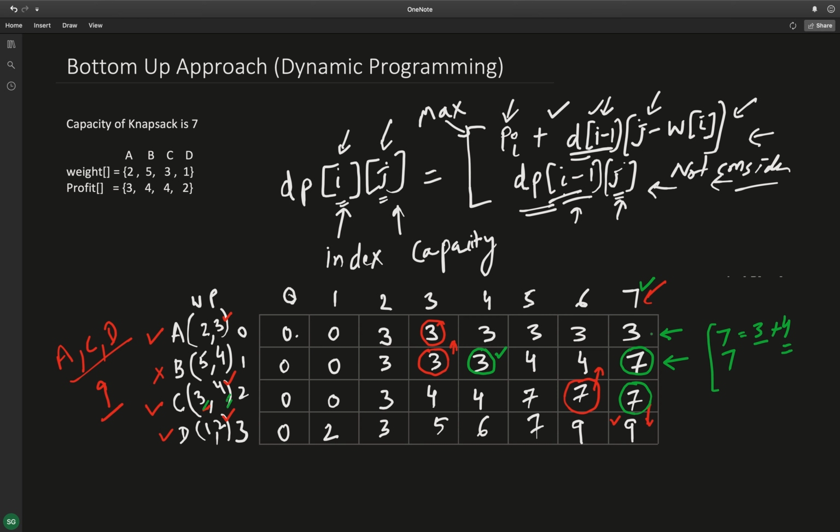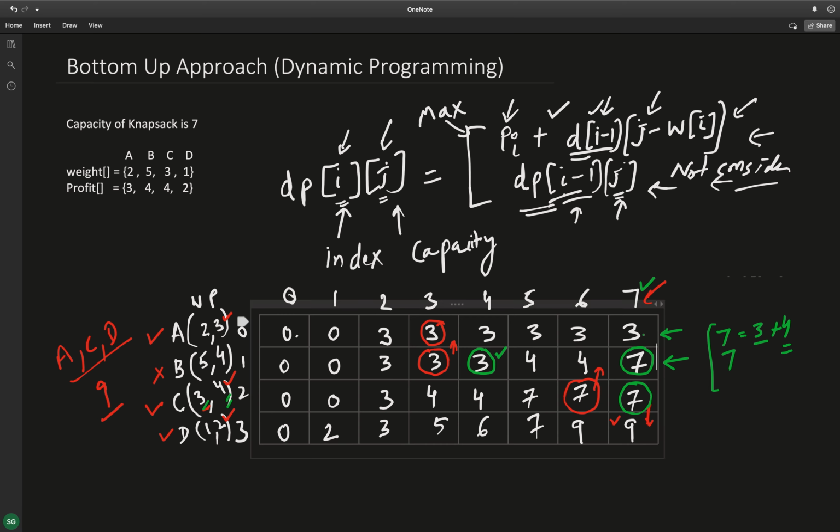It is not required to take a two-dimensional array. We can simply store the values in a one-dimensional array, because we are just taking the previous state. Now we will see how we can achieve that using a single dimensional array.